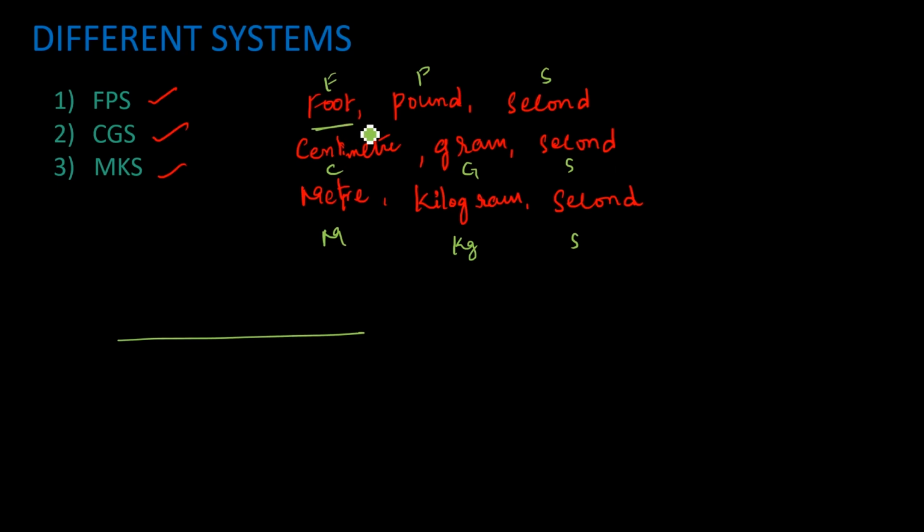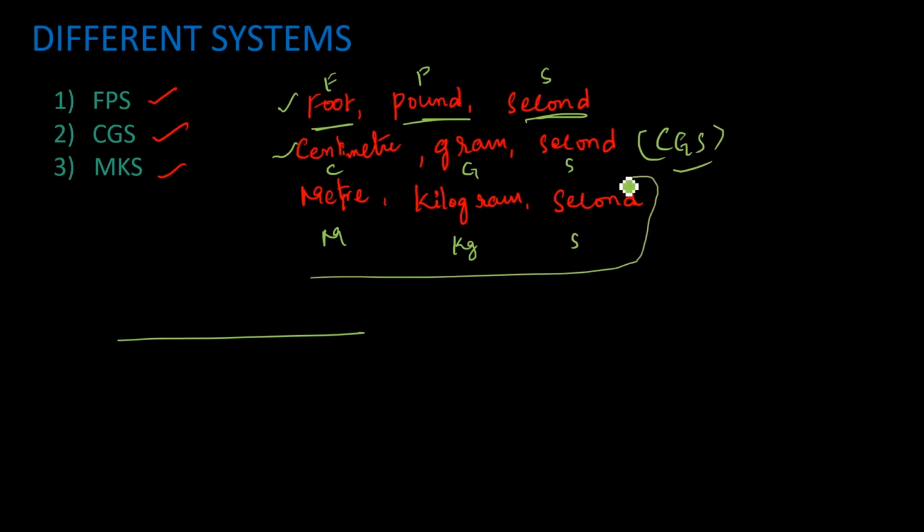That is the reason we are taking foot and pound as the mass unit, and second for time. Actually this is the old system, we are not using it presently. From person to person the foot length varies, so that's the reason we are not using it. Coming to centimeter, gram, second, we still use it, that is CGS units. And coming to meter, kilogram, second, nowadays we use this for standard measurements,